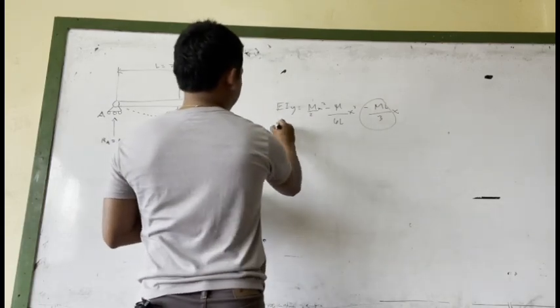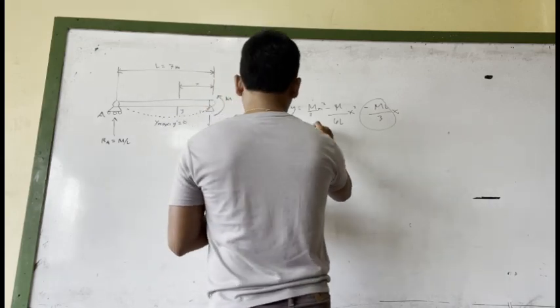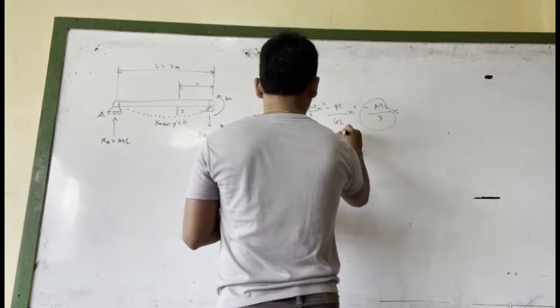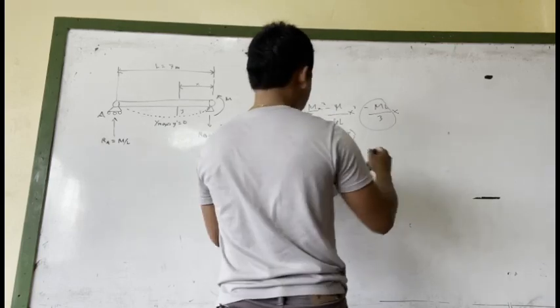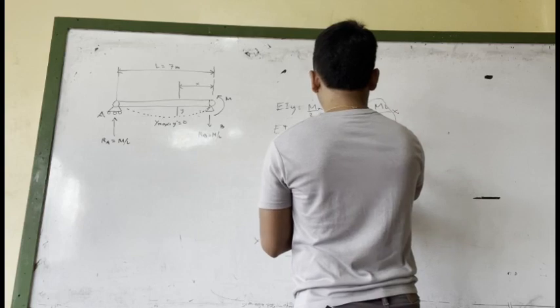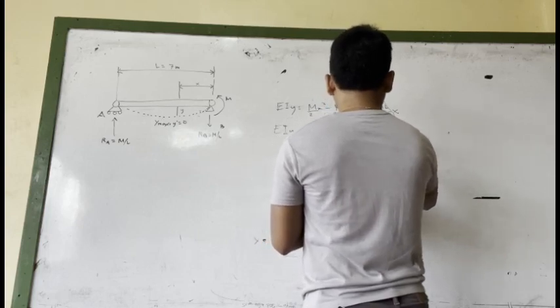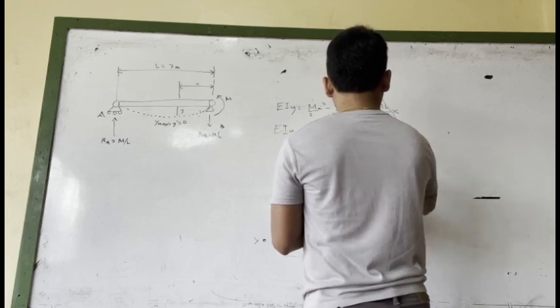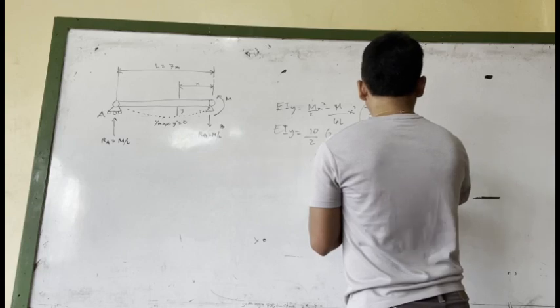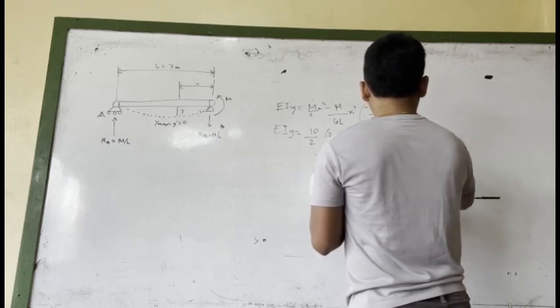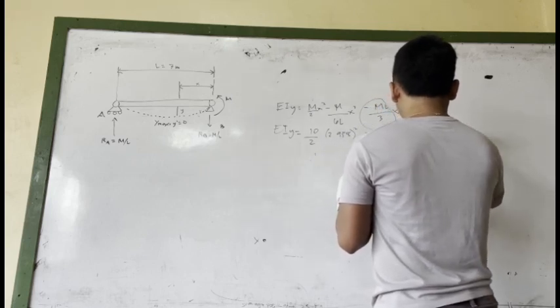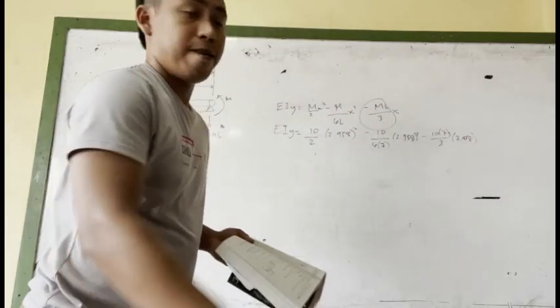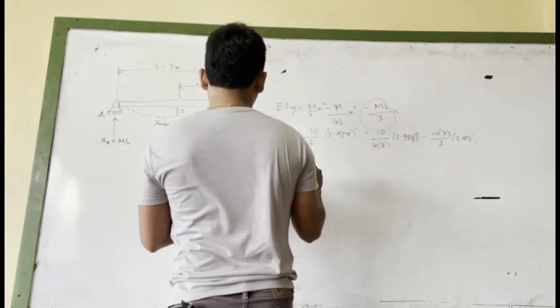So again, substitute this to get our last required value, which is equal to 10 over 2 times 2.958, which is the result of our x, our certain distance which has the maximum deflection, 2.958 squared minus 10 over 6 times 7 times 2.958 cubed, minus 10 times 7 over 3 times 2.958. So this will result to